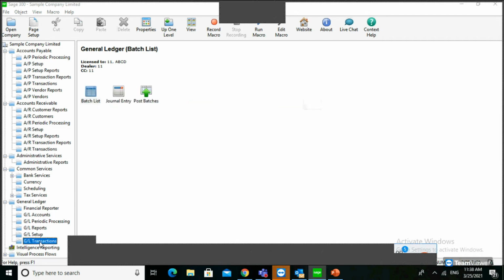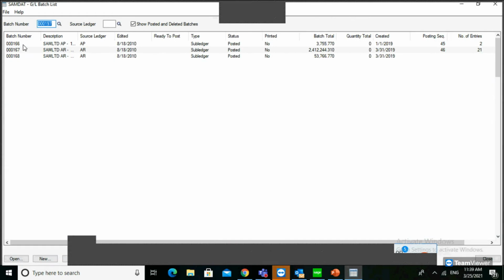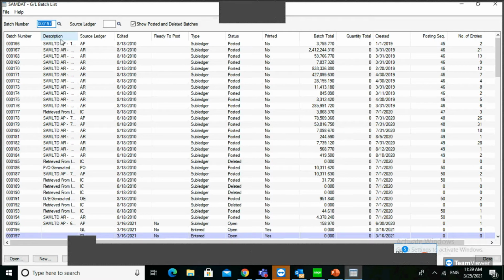Then I move into the GL transaction. When you are moving to the GL transaction, you can see the batch listing report. Batch list. From here, you can see the batch number you want. Here is the description. This is the source ledger with the module. This transaction came from